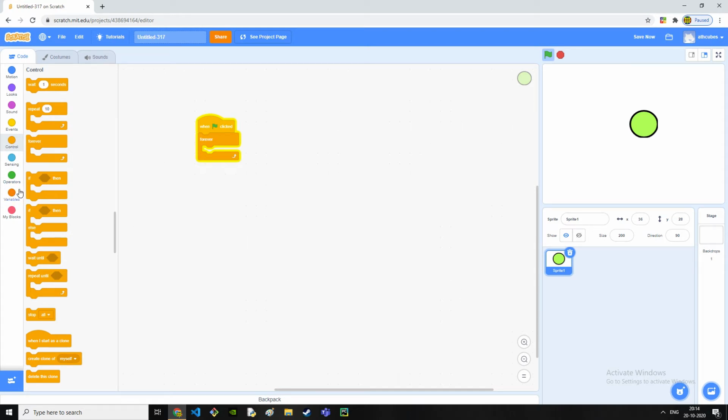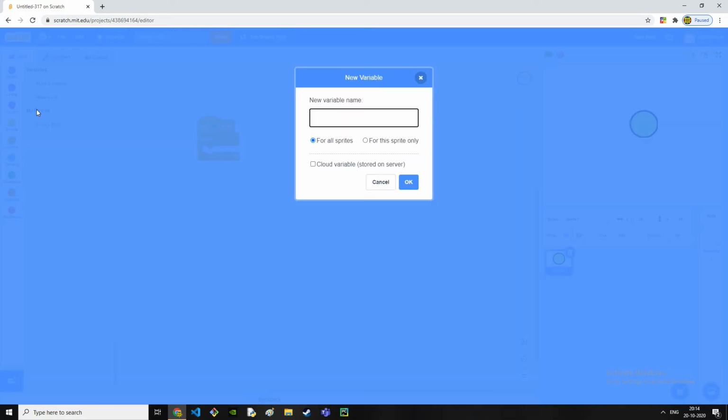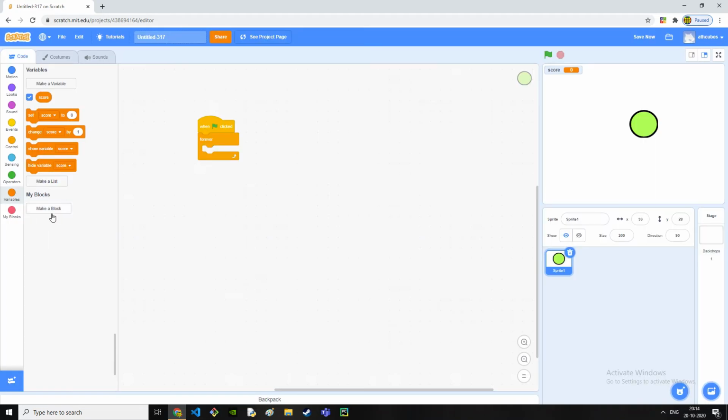Now, to stop this program, just click on this red tool. Go to this variables tab and right click. You must have heard the term right click. Click on make a variable and type in score and hit enter.